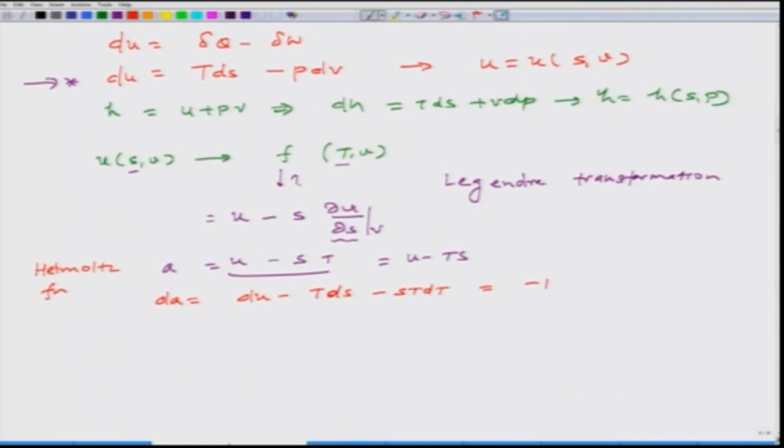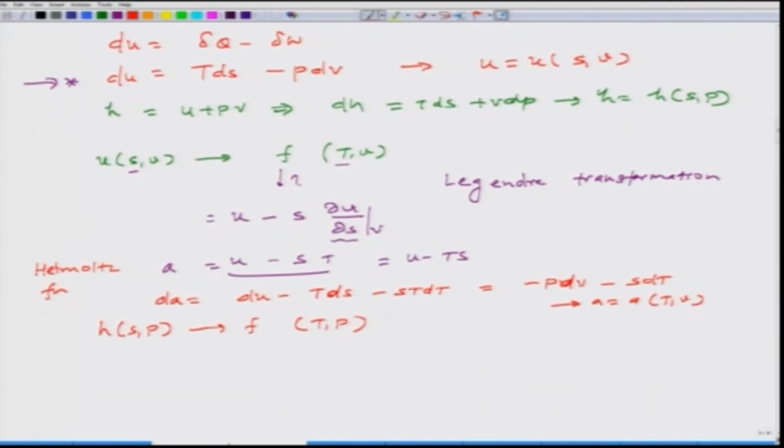Which is nothing but P dV minus S dT. So, it tells you that A is nothing but a function of T and V. That is what we wanted to obtain. Similarly, we can change H to another function which depends on T and P as variables using the